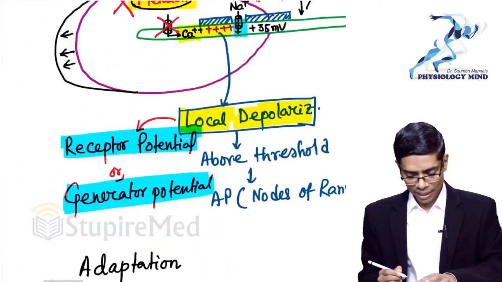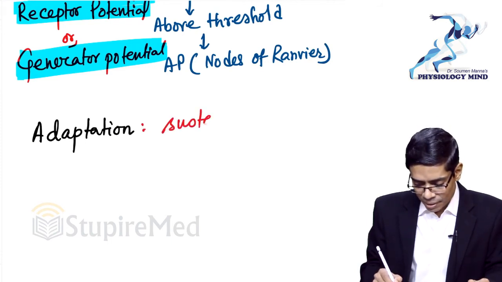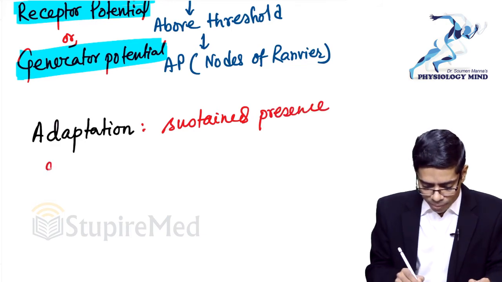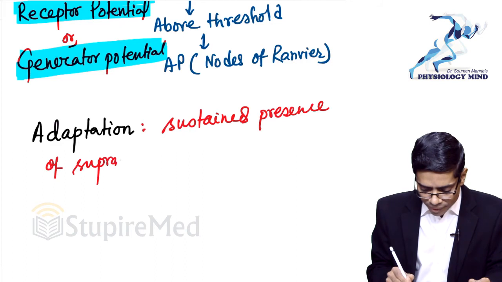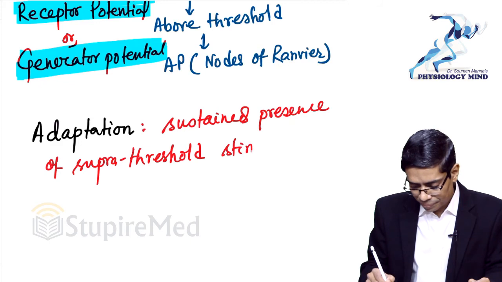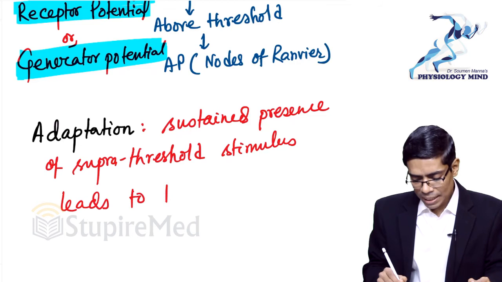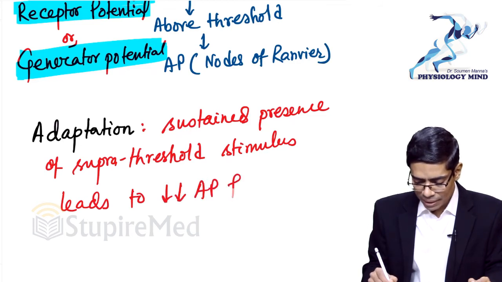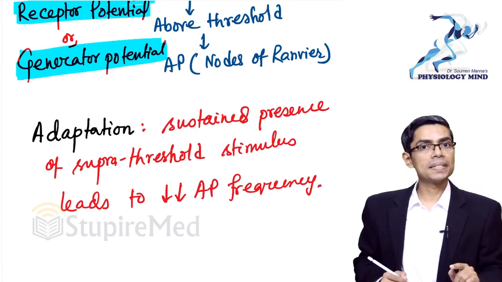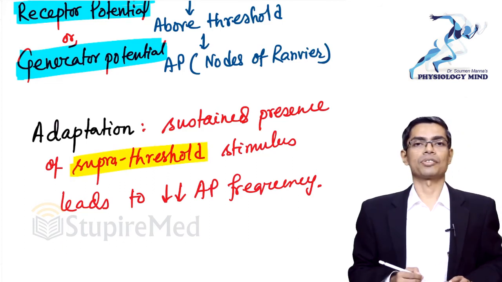So how will you define this phenomenon? This adaptation means sustained presence of suprathreshold stimulus leads to decreased action potential frequency. Now note down, sustained presence, that you understand, long duration the stimulus is present, it should be suprathreshold, meaning